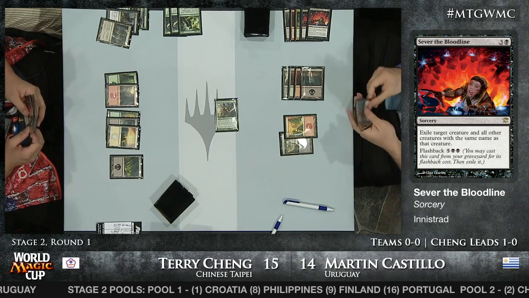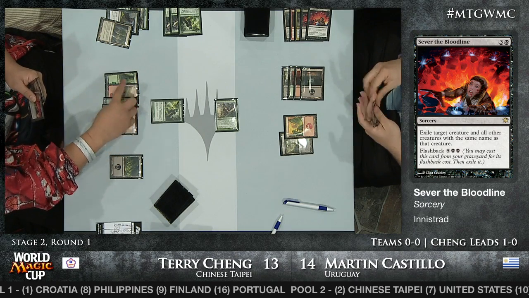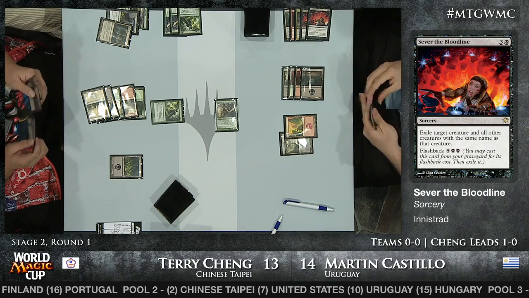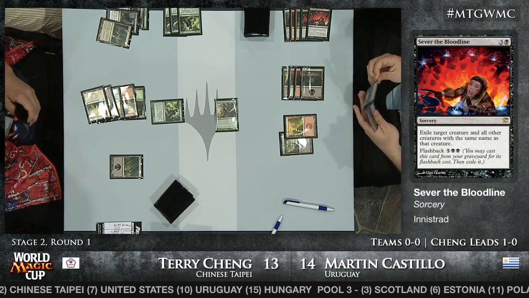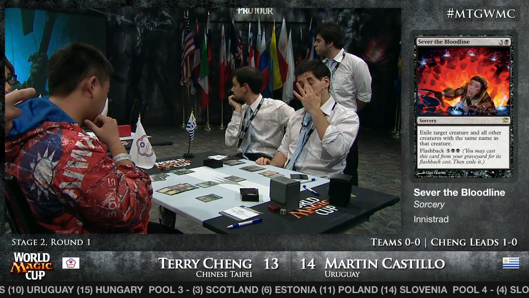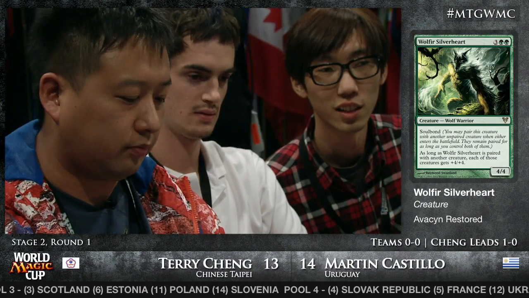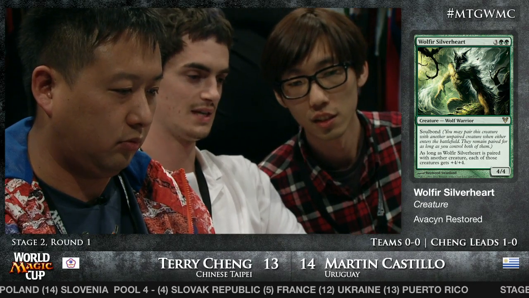But it is kind of counterintuitive that Sever the Bloodline is such an important player in this matchup, given that they all play the exact same card. That is kind of funny. All right, so we do in fact see the second Wolfer Silverheart bide its time. Now, Martin is sitting out at 6 mana. He's 1 away from flashing back those Sever the Bloodlines. If he hits a land here, then we're going to definitely see